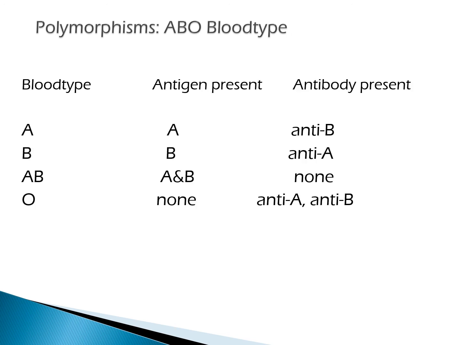Let's look at the chart here for a second. Now, with these particular levels here, the term blood type up here is going to be down this way, antigen across here, antibody this way.